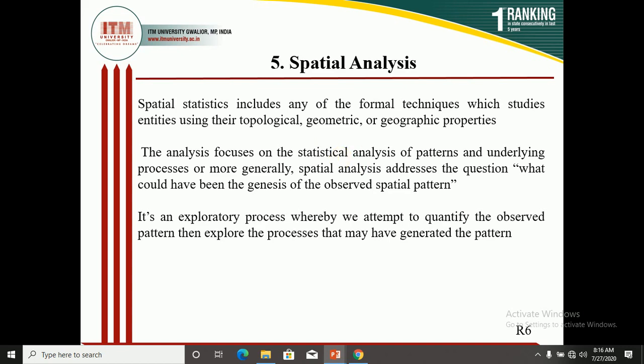Suppose there is a location and there are various trees. You want to record the location of a specific tree in a well-defined area. You then map the location of a tree. That is considered a GIS task. It means you record the location of a specific tree in a particular area. That is considered a GIS task.